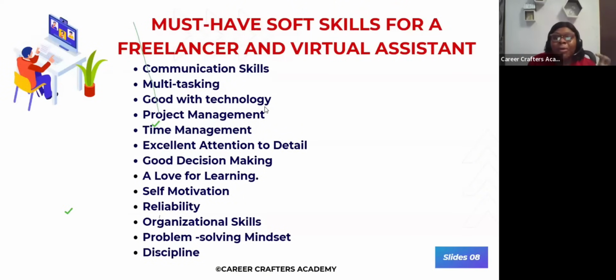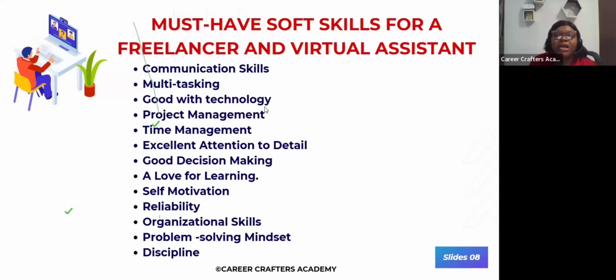But if you keep running away from it, saying, I'm not tech savvy, I'm not computer literate, I don't know how to do it. No, in 2025, you should not be saying all of this. You should be more concerned about learning them. Okay? It's just a journey. When you tell yourself, I'm ready to start, give yourself, let's say, a timeline. Okay, from this time to this time, I want to learn how to use this. I want to learn how to use that. Determination, and you're good to go.